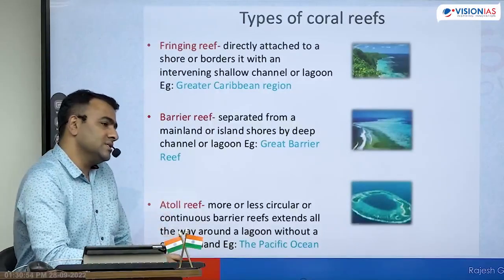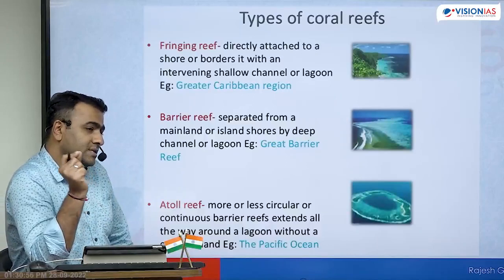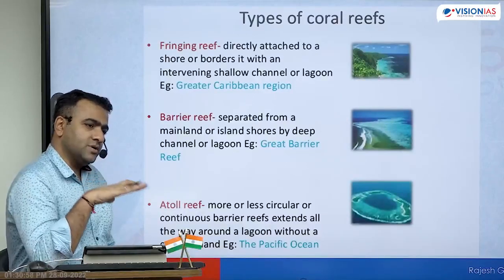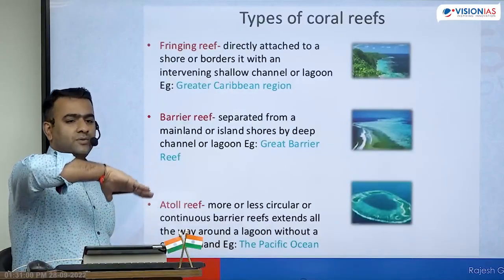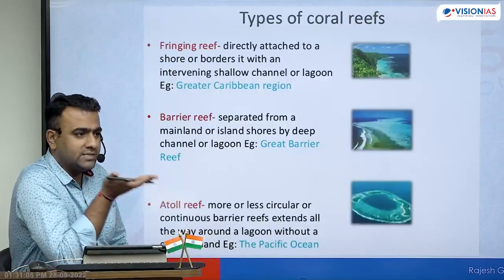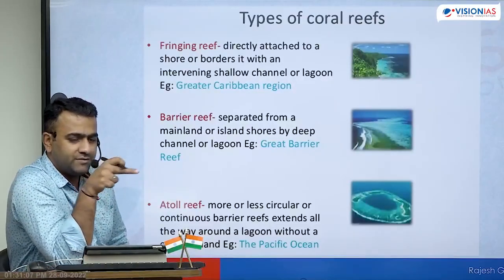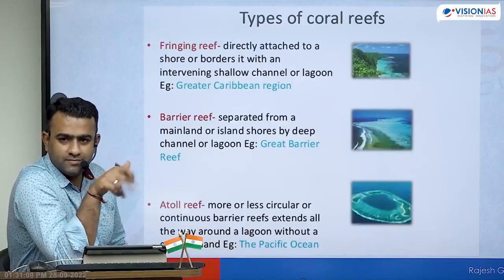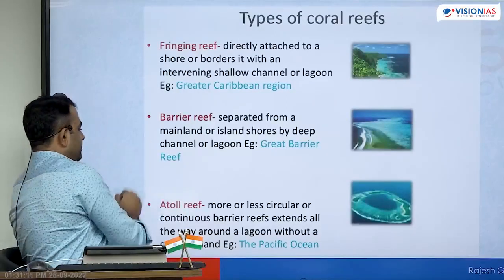Many of the theories suggest that due to the rise in the sea level, some of the islands get submerged. When there is a drop in the sea level, the islands rise above the water, and that is very favorable for the growth of corals. As the sea level kept rising,